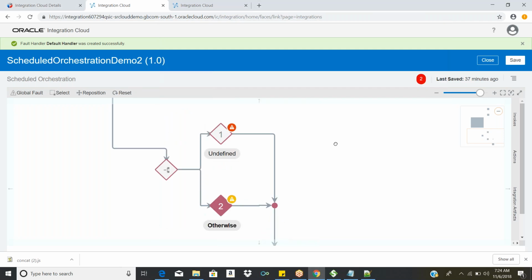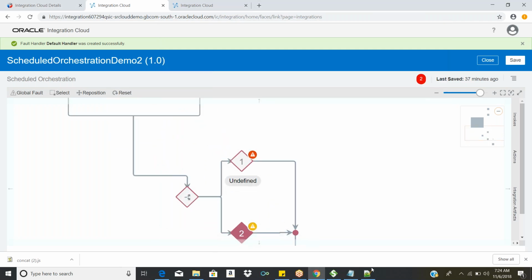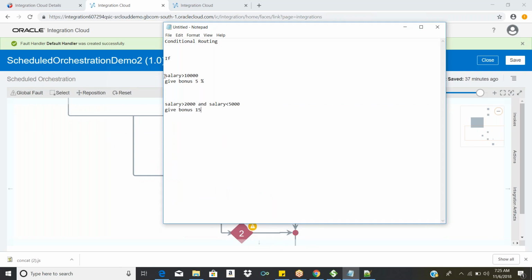So if you want to add such conditions, as of now I have added two conditions, but you can add n number of conditions.